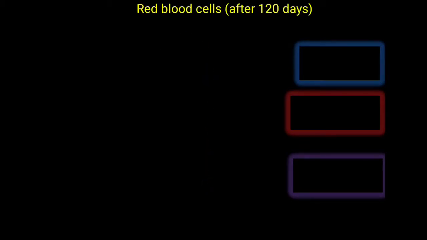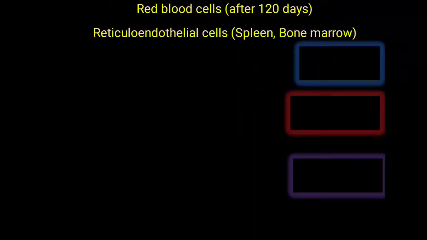So just an overview of that bilirubin metabolism that we will look at. Simply, this bilirubin is formed from the heme catabolism. Now this heme is generated from the hemoglobin. Hemoglobin is predominantly present in red blood cells. So after 120 days, these red blood cells are normally destroyed, and that is physiological destruction. That destruction will occur in reticuloendothelial cells, which are particularly present in liver, spleen and bone marrow.